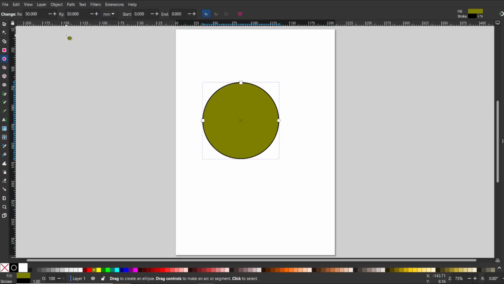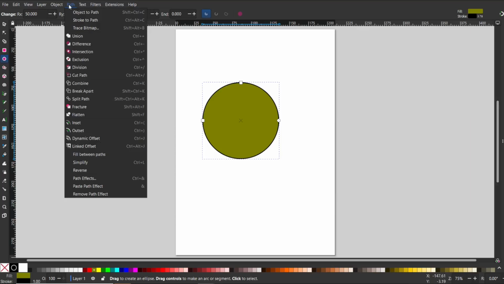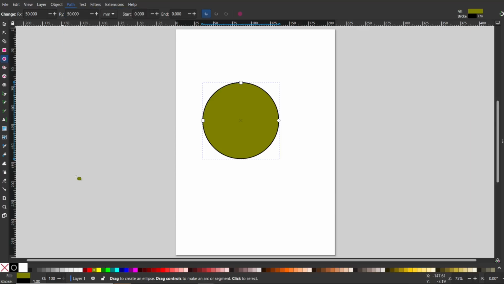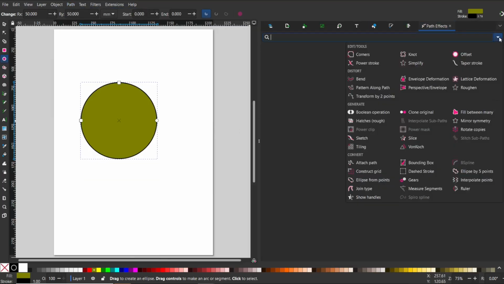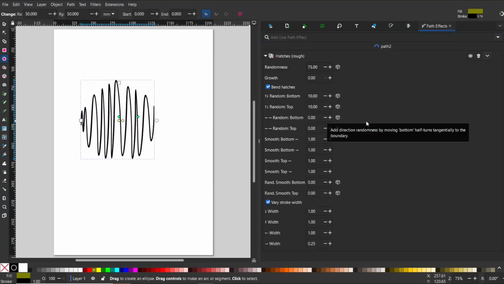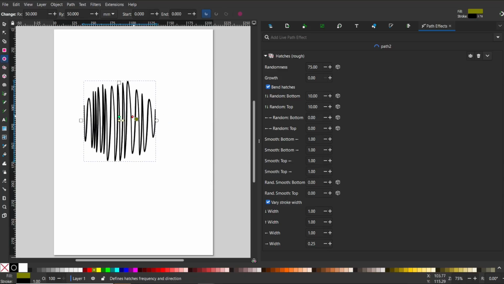Okay, and now we need to go to path and select here path effects. Now we need to click on arrow and here on generate category we have hatches effect. It lets us fill the object with hatching, so I click on this option and now our object has been successfully changed. You can easily control this effect by moving this point to the left or to the right,